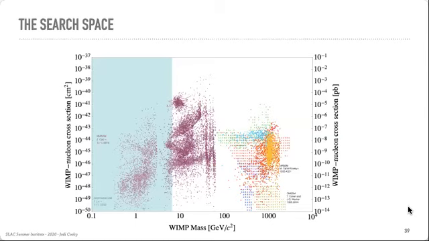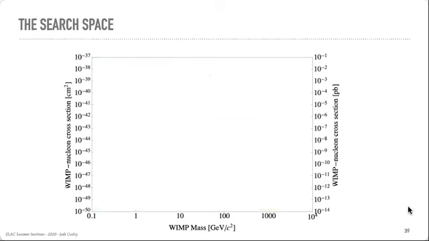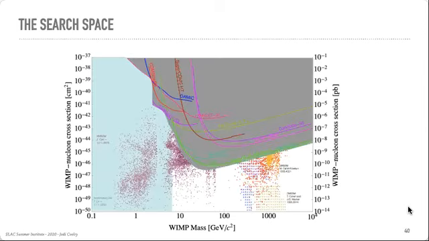All of these are always going to be assuming from here on out a spin-independent interaction with the nucleus unless otherwise specified. And so this is in centimeters squared, or if you like picobarns better, that side converts it to picobarns for you quickly. So let me just show you the answer right away. This is currently where we sit as a community and what we've excluded from ideas of our dark matter particle being